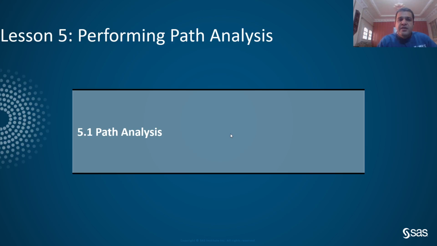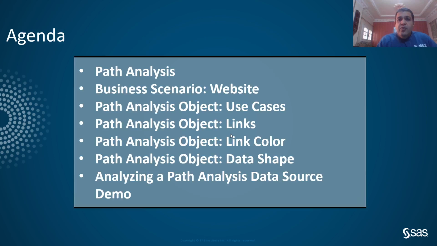And in this lesson, we have this agenda for path analysis. We will give a brief description of path analysis, then we will go through a business scenario for customers visiting a website, and after that we will have some use cases related to the path analysis object. We will discuss the links and the role of links and the link color in both